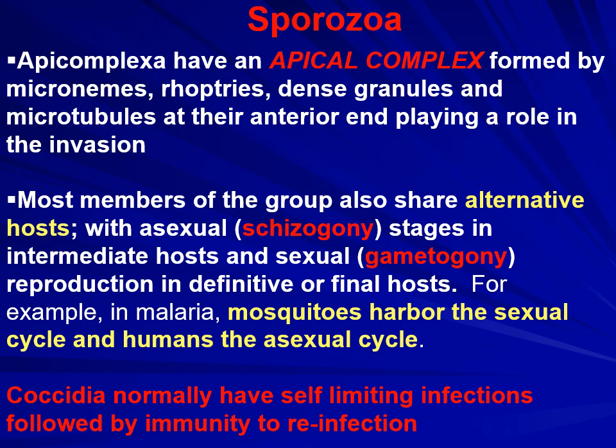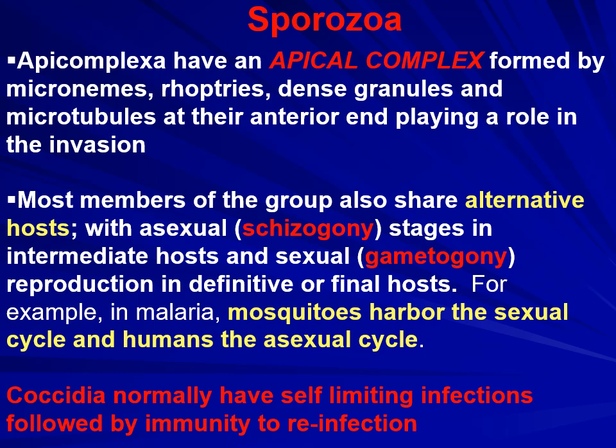In my previous lecture, when I introduced protozoan parasites, I mentioned that one way of classifying protozoa is according to their way of locomotion. I elaborated on flagellates, on ciliates, and on amoebas, which move by pseudopods. Now, I talked also about sporozoa, and I mentioned that these parasites do not have any means of locomotion. Yet, they have very well developed cytoplasmic or organelle structures that allow them to invade host cells, and all of these are obligate intracellular parasites.